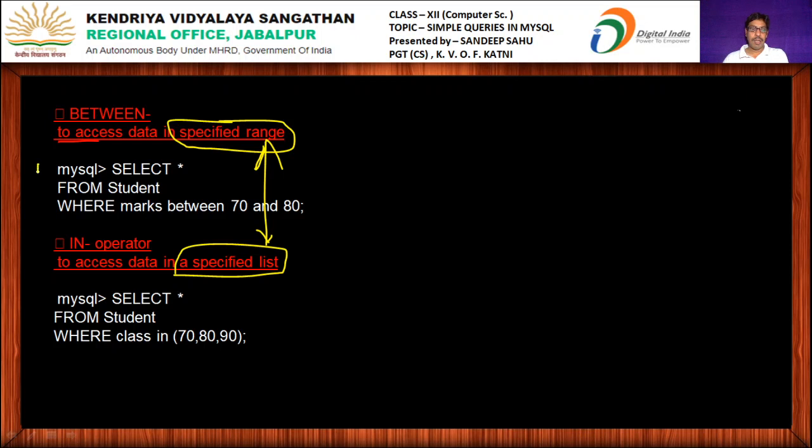Let's understand it. Select asterisk from student where marks between 70 and 80. Here, only those marks will come which are between 70 and 80, that is 70, 71, 72, 73, and all the possible values in between.